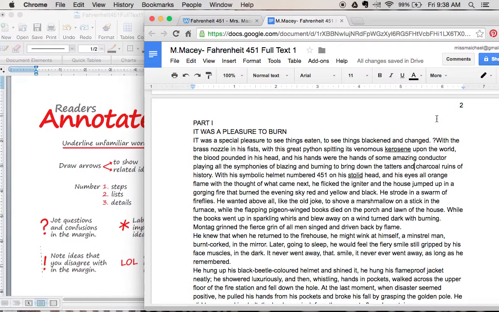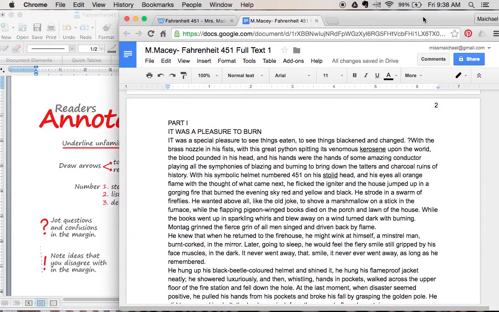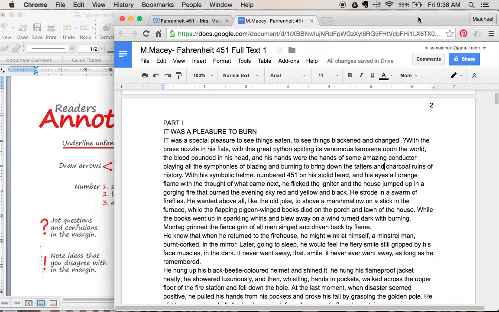Now, one of the cool things about Google Docs is that it will track all of the things that you do when you change, and I want you to do that. So before you start annotating at all, you're going to come up here to this little black pencil, and right now it's on editing, you're going to change it to suggesting.